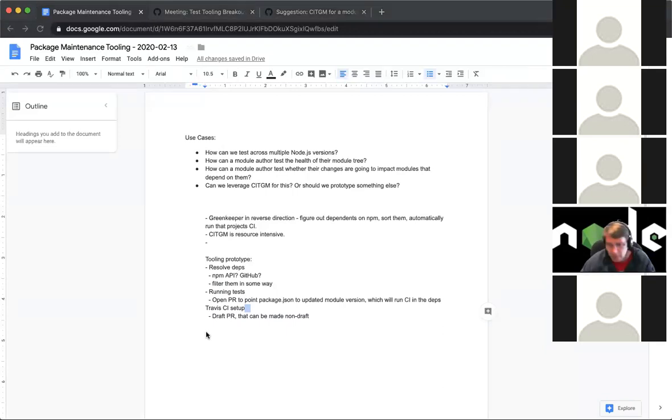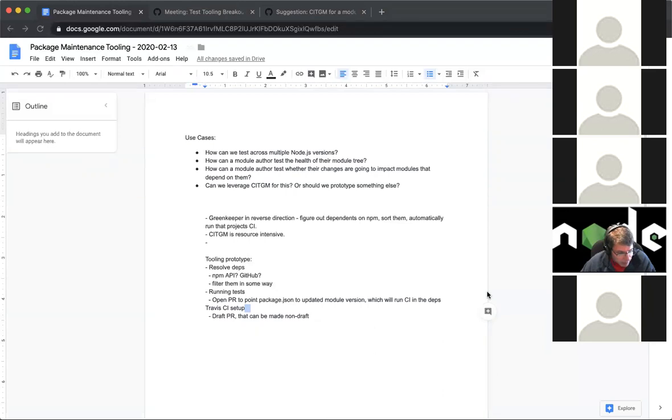I guess it's really how open people will be to, I think the PR, if there was some way to trigger the testing in the original project without a PR, would people be worried about that? I can see the PRs might kind of clutter things up, right? If you have a bunch of PRs that are opened and then. Yeah, so Travis